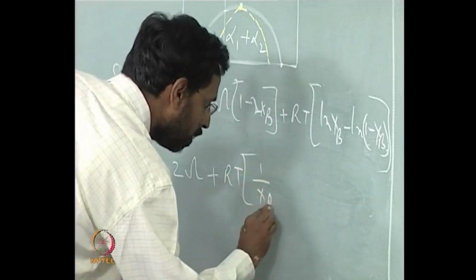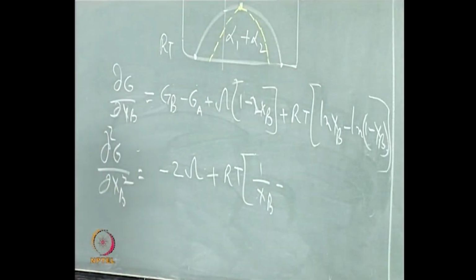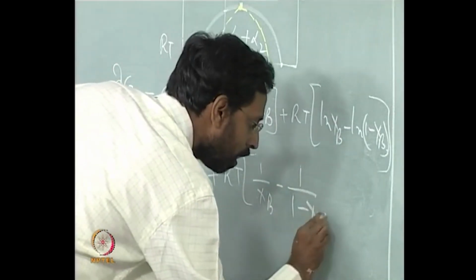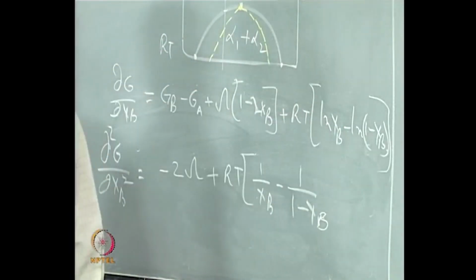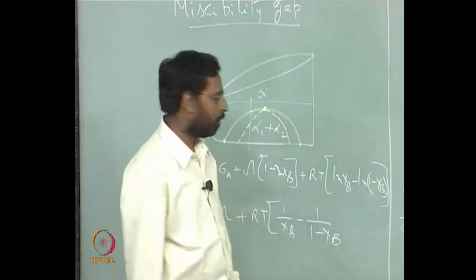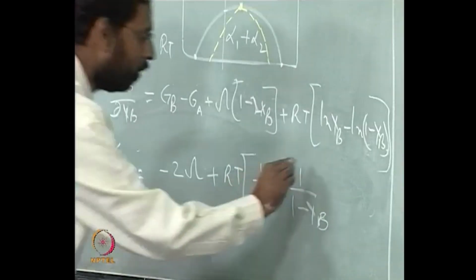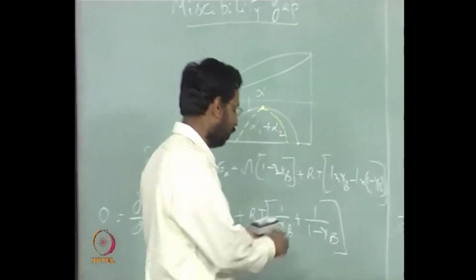1 by x b minus ln of 1 by, okay, so again 1 by 1 minus x b, and because this is minus you will get a minus there, so that will be plus. So this is what you would get, and this is what, if you equate it to 0, you will see